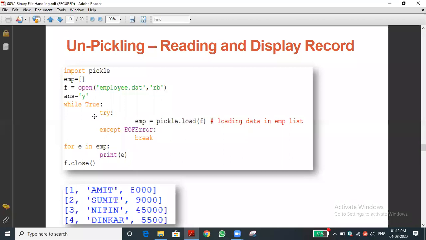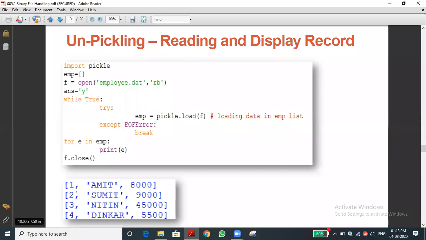Okay, let me come to this concept. So we loaded all the data into EMP. EMP is an empty list. Now you can see, for E in EMP. So in EMP, how will the data be stored? Three things will be stored as a single element in the list. The first element will be loaded into E, then print E. You can see 1 comma Amit comma 8000 will get printed. Then the loop continues, the second element will be assigned to E, then we print E. Likewise third, fourth, the loop will execute till the number of records. Have you understood this program?